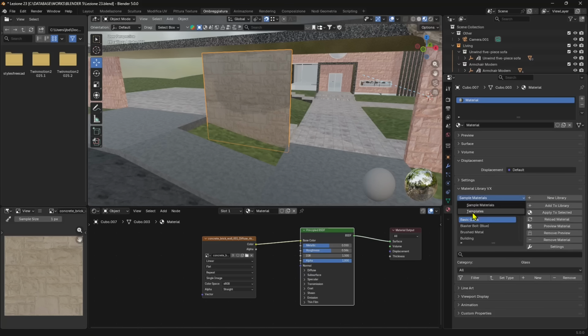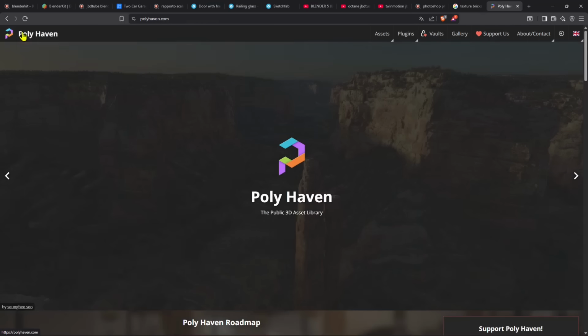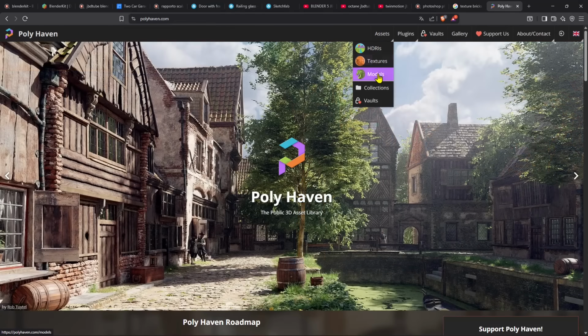Now, for the materials, I got this directly from Poly Haven. So just go here, Poly Haven, and we saw that we can find HDRIs, textures, and models. So this time